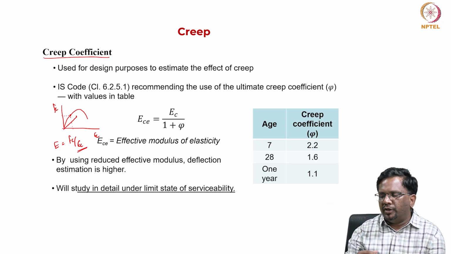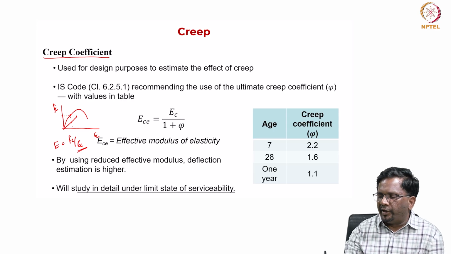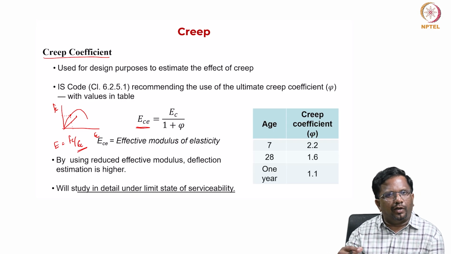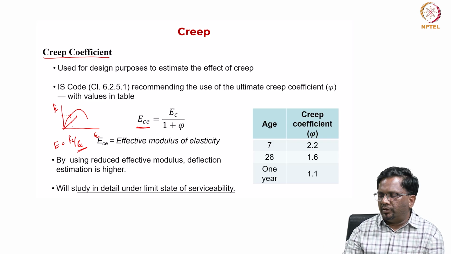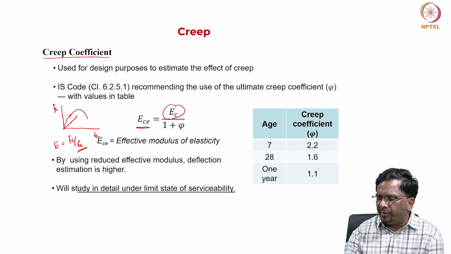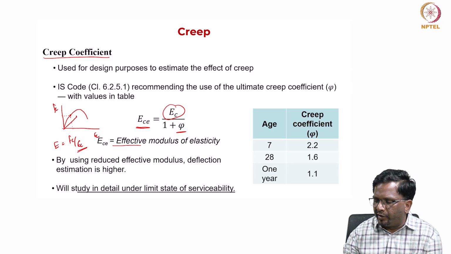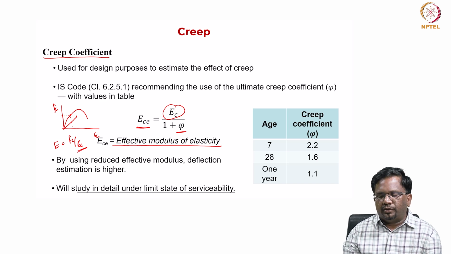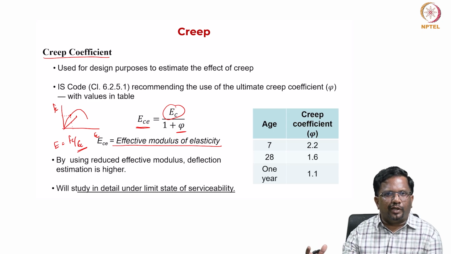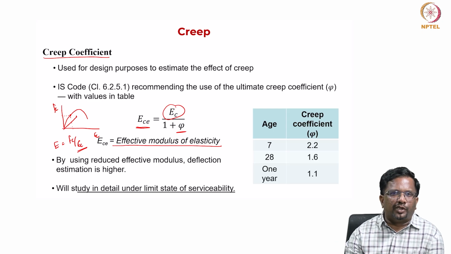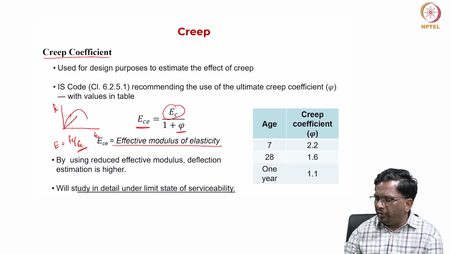Elastic modulus will reduce. So that's what the code is saying, that you can use creep coefficient to account for that increase in strain, or in other words, which can lead to the reduction in elastic modulus by this factor. So you take the initial modulus and then divide it by 1 plus phi, and phi is typically greater than 1. So you get reduced elastic modulus, or is also called as effective modulus of elasticity. Okay. So the creep coefficient is used to account for the increase in strain in an indirect way by reducing the elastic modulus. So if I use reduced elastic modulus or effective modulus, then my deflection estimations are going to